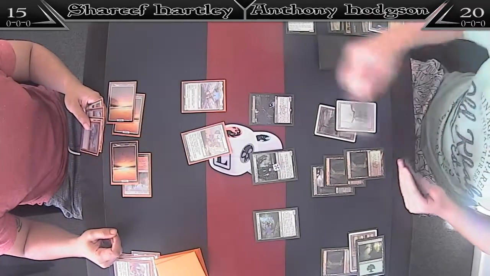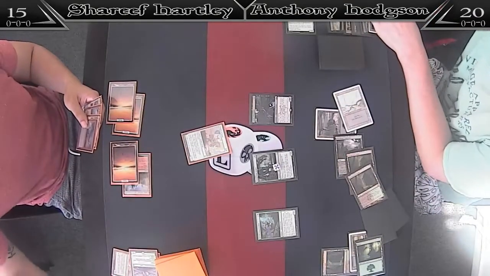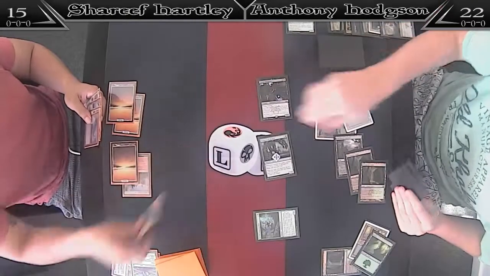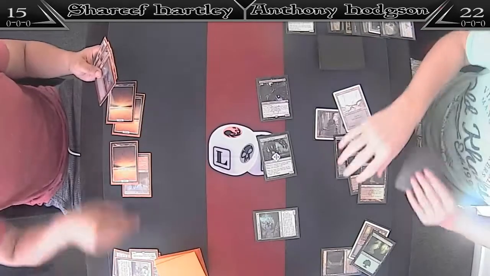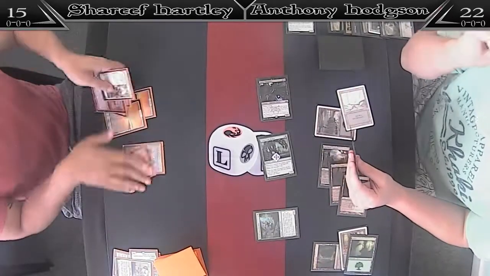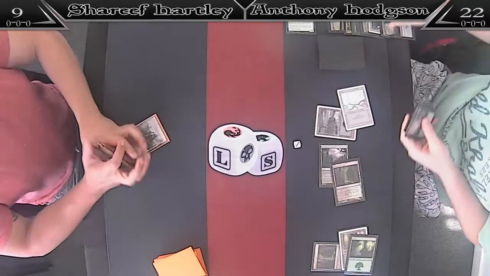And I think we're going to see attack with both. Okay, so we're going to see a Vraska's Contempt again on the Angel. Clearing the field. We're going to see a chump block from Anthony putting Shareef down to 9. Yeah, throwing more of his bits under the bus. And we're going to see the end of this game. So 1-0 to Anthony